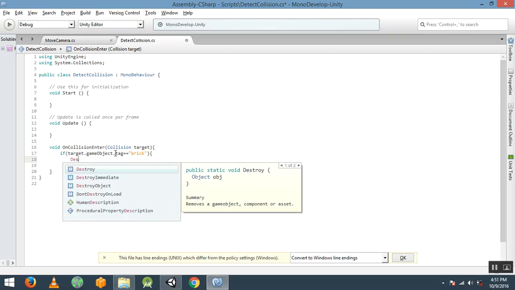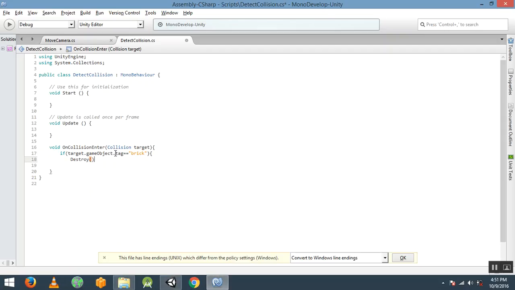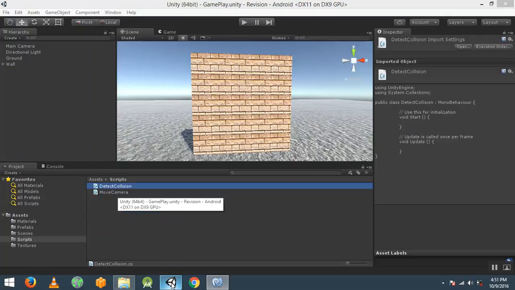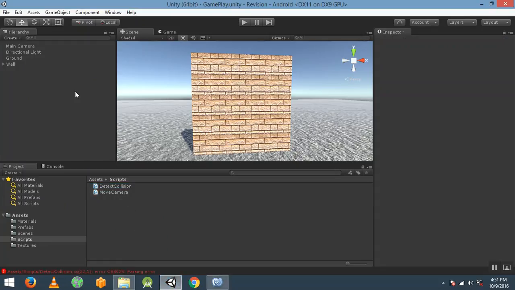Destroy target.gameObject. So what this code will do is, whenever the ball collides with the target and the target's tag is equal to brick, then that brick will be destroyed. And how to create the tag we will see later.